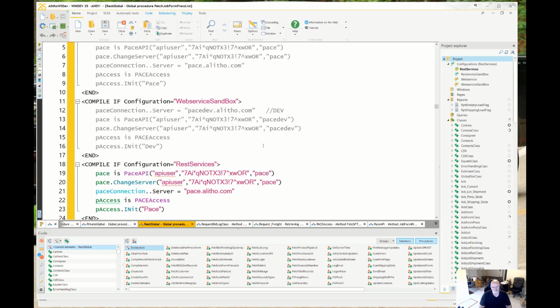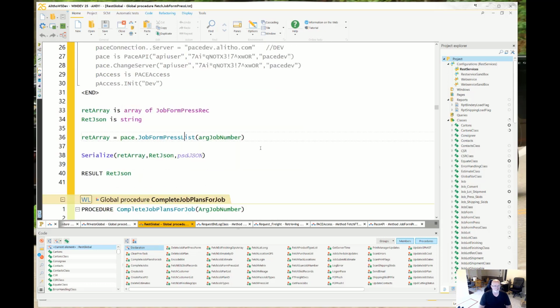There's a couple of ways to do this. Now, this is older code. This is where we're actually serializing and sending it back. We don't have anything above and below it. But in essence, what happens here is I'm going to go fetch and create what we call a job form